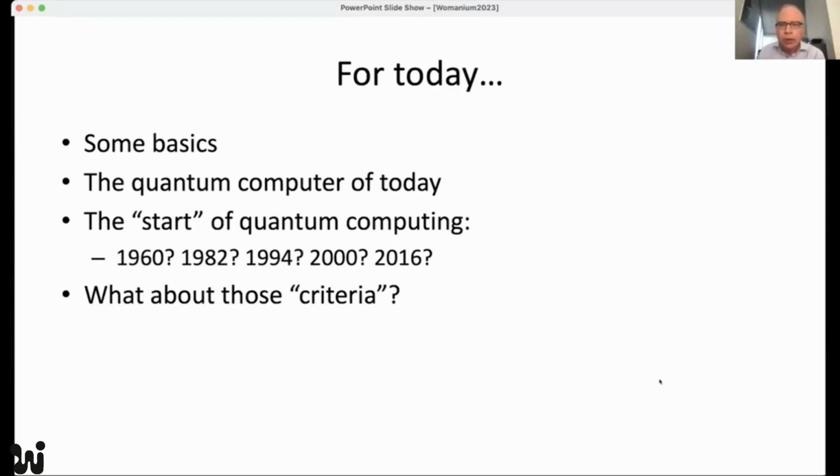I will spend some time digging back into the history of quantum computers, and we'll talk about the start of quantum computing, except I don't know what year to point to, so I'll point to all of them. Here's my list of my favorite years: 1960, or is it 1982, 1994, 2016. I could say 2016 is the year that IBM put its first quantum computer on the cloud, and maybe for many of you, that's the starting point. That's the one that marked the era of real quantum computers.